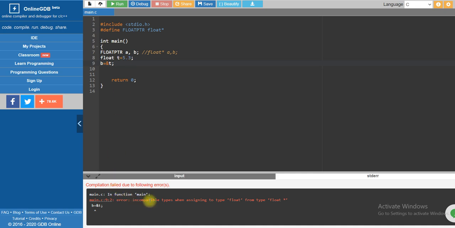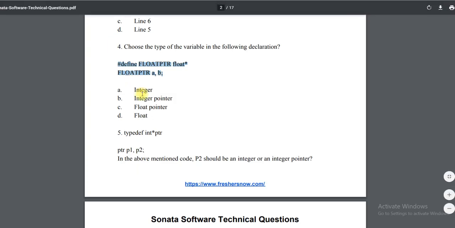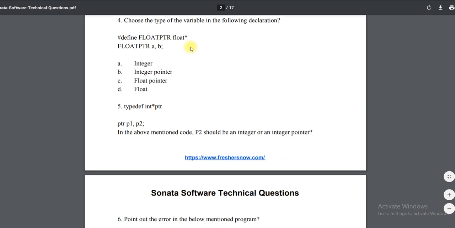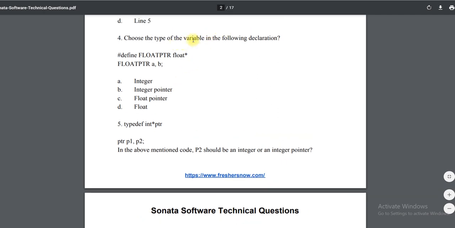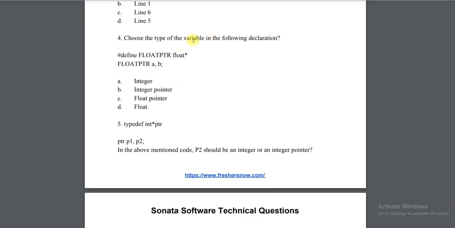Now you can see this is an incompatible type: float from float star. It must be a float pointer to point, but this is just a float value, so we can't. So here a and b are different. A is a float pointer and b is just a float. I hope now you are clear with this. So the question has a little mistake.